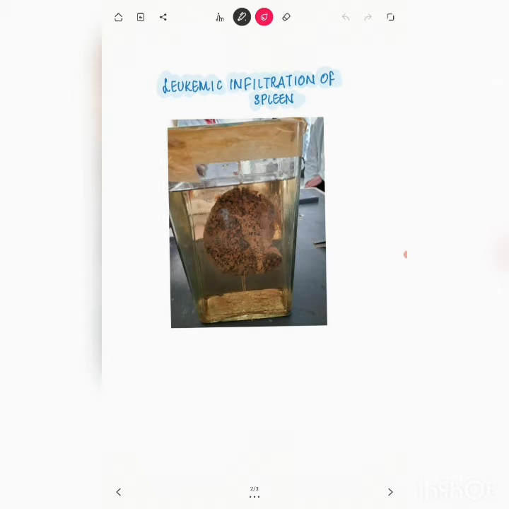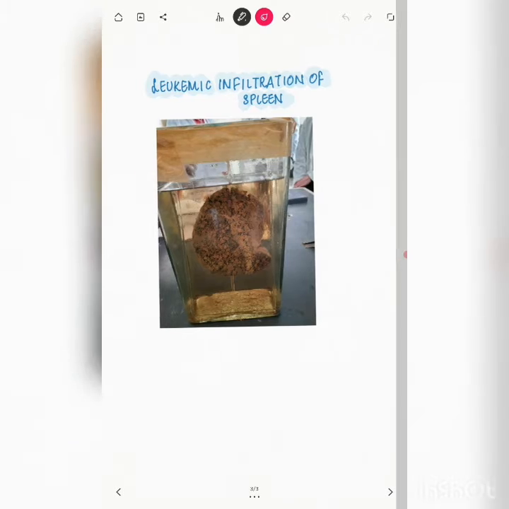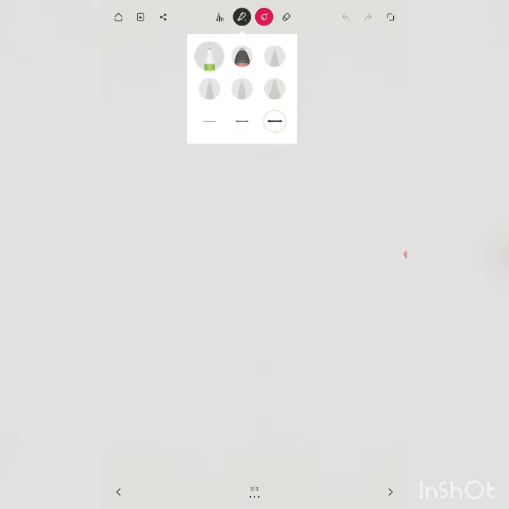Now the examiner can ask you many questions about leukemia, about various types of leukemia, and for the sake of practice, I'll also ask you some questions about spleen. The first question is, what are the lymphoma or the leukemia which involve the red pulp of the spleen? And the answer is hairy cell leukemia,